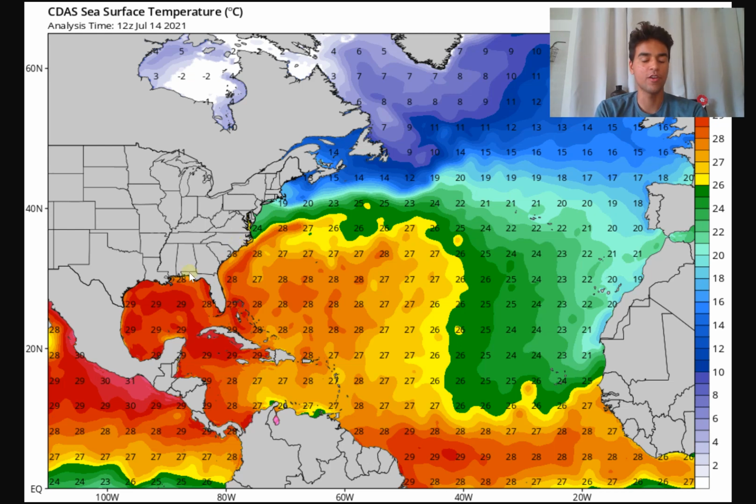We're also seeing those water temperatures begin to warm up into the mid to almost the upper 80s in the Gulf of Mexico, and it's extending to the Caribbean as well. However, what's interesting is that just south of the Caribbean, the water temperatures still aren't extremely high at this point, but of course I do expect them to rise. We're only in the middle of summer. There's still another, I'd say, 1 to 2 months before we begin to see the sea surface temperatures